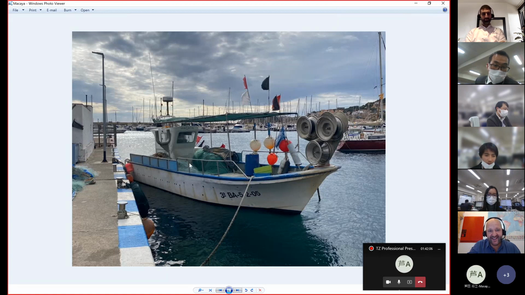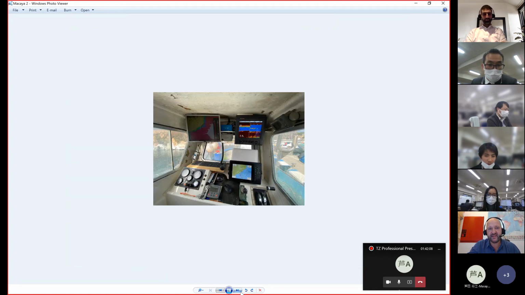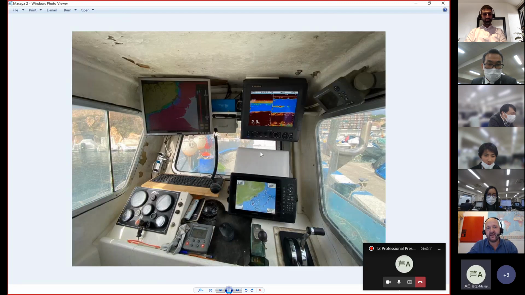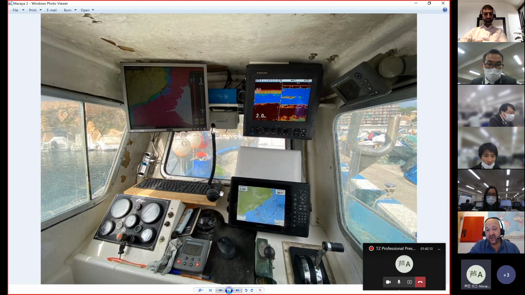A tiny workspace here, but look, he used to have only a Garmin plotter. He was telling me, every time I have to set the net in a new area, I have to delete my old tracks because there is limited memory capacity in the Garmin.